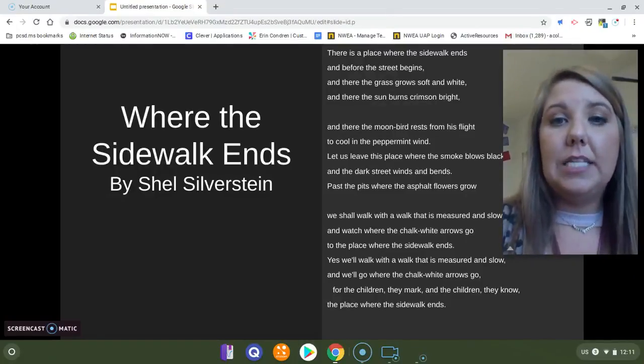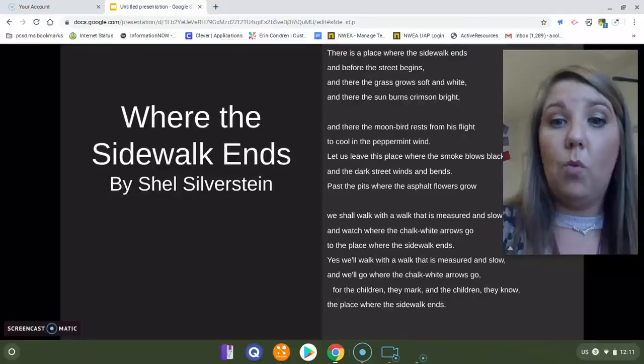This is a place where the sidewalk ends, and before the street begins. And there the grass grows soft and white, and there the sun burns crimson bright, and there the moonbird rests from his flight to cool in the peppermint wind. Let us leave this place where the smoke blows black and the dark street winds and bends, past the pits